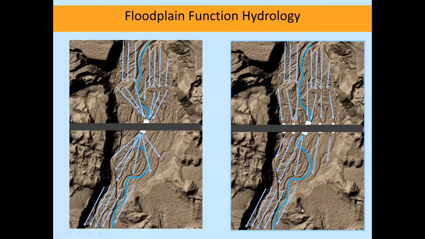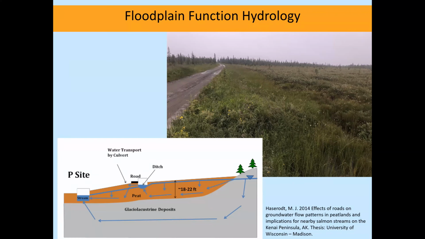And drilling down into floodplain connectivity and floodplain hydrology a little bit more, an interesting example from the Kenai, by a master's degree student studying the peat wetland channel system, is the photo on the right, where flow is going from right to left. There's a kind of undisturbed peatland. There's a ditch that you can kind of see running there with the different grasses growing in it, and then